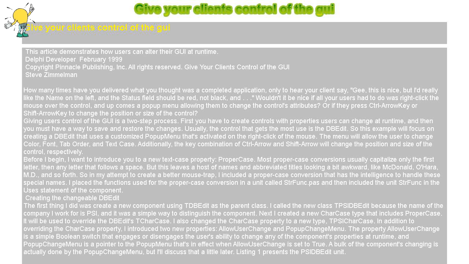SetChangeMenu. I wanted the component to have two states, a default state, which would behave like its ancestor, and a design state, which would allow the user to change its properties at runtime. The Boolean property AllowUserChange distinguishes these two states. When AllowUserChange is true,